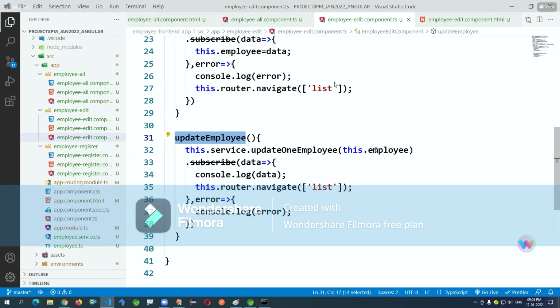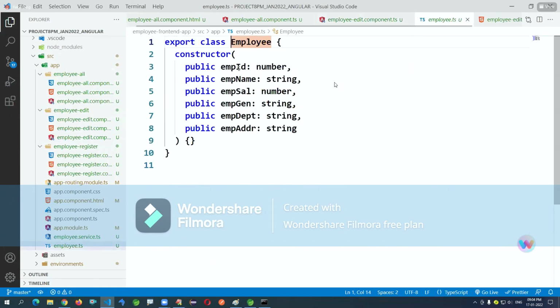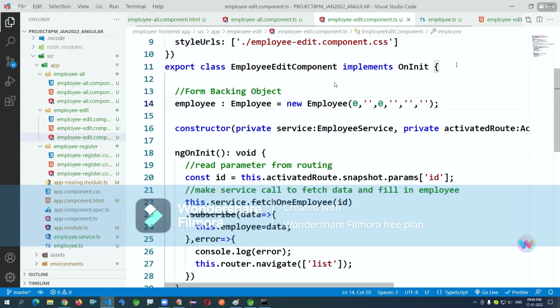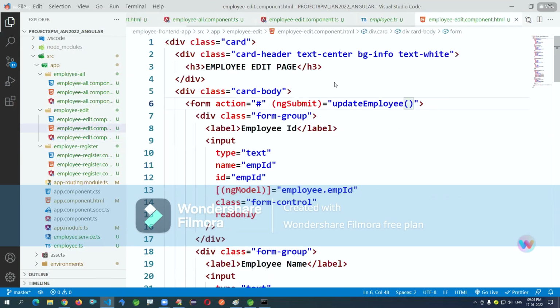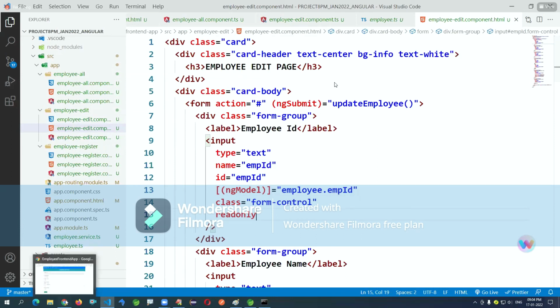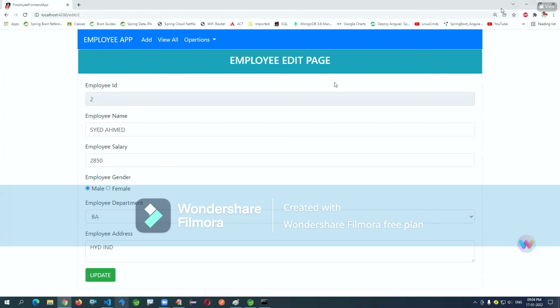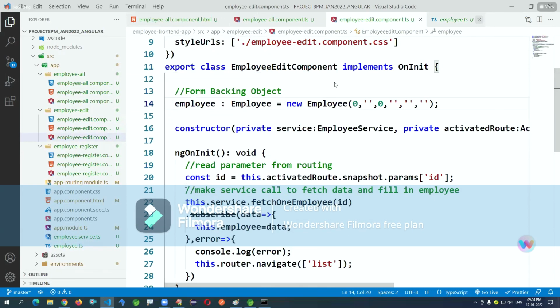EMP ID. First, we'll try to print the object data.